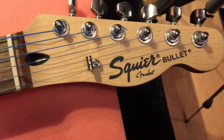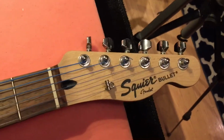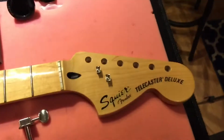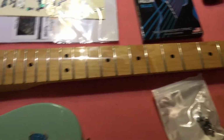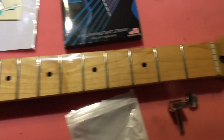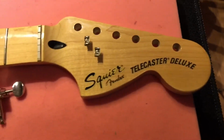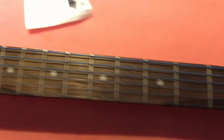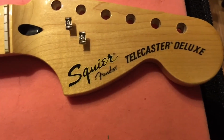The Squier, not Squier, but the Telecaster heads to me are just plain boring ugly. They just look like a limp, you know what. This is a new neck I bought. It's from a Squier guitar, and I got this from a guy up in New Hampshire on eBay for about $100. I'm going to change the neck on this guitar to this one that's already got the Telecaster Squier Fender